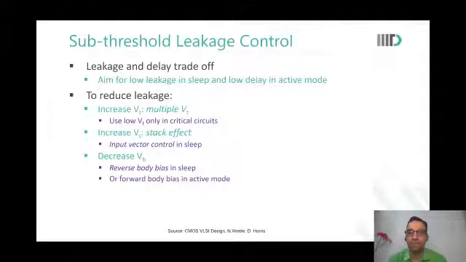So from what we have seen till now, if we want to reduce leakage, what do we do? We increase the VT of devices. High VT devices, we say, would have lesser leakage. We use stacks and we decrease VB, because we saw that in a stack effect there is some source bias that is leading to reduction in leakage. And we do that in terms of body biasing also. We say, let us apply reverse body bias in sleep mode, meaning inactive modes, and forward body bias in active modes.